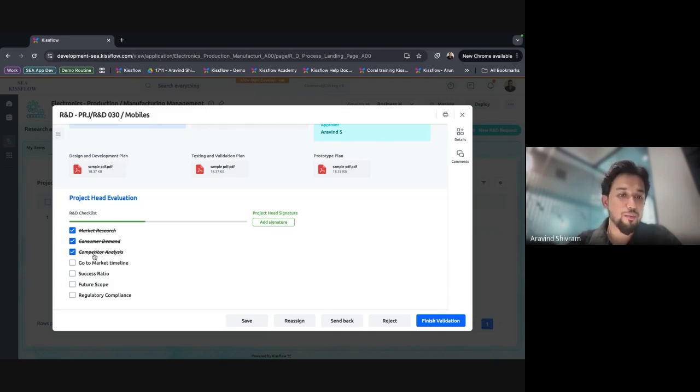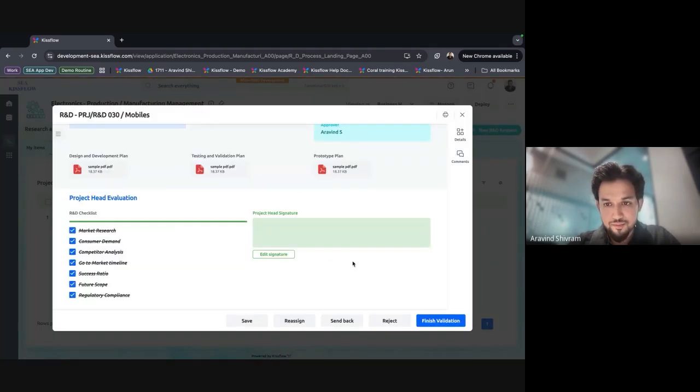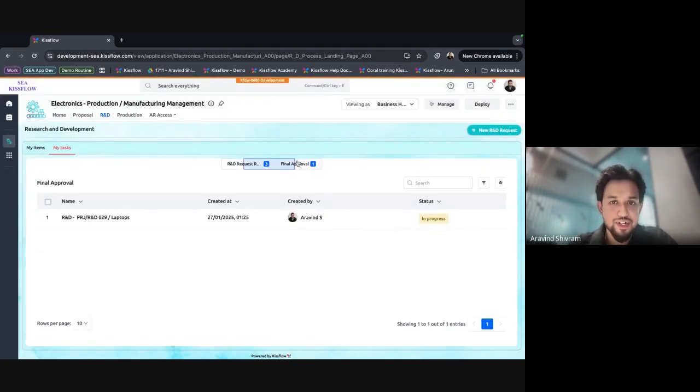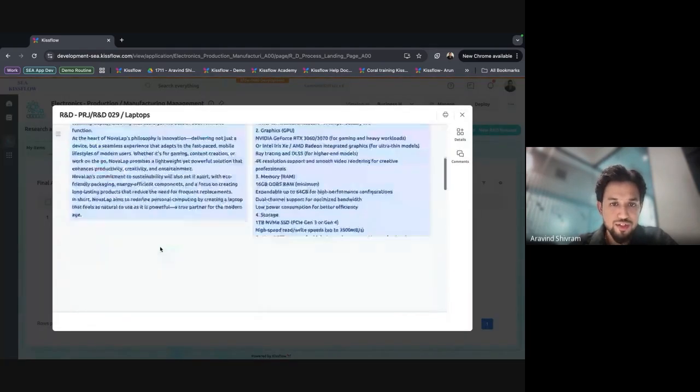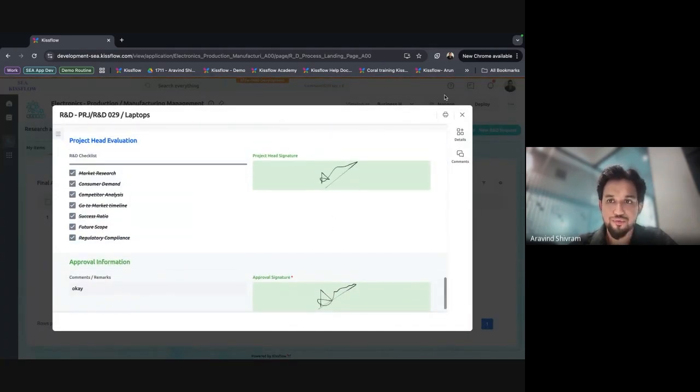Do we have the competitor analysis in place? I'll be able to go through a checklist of this and acknowledge it by adding a signature. I can finish the validation. Once the validation is completed, it goes to the final approval. The final approval can give this information, sign it off.